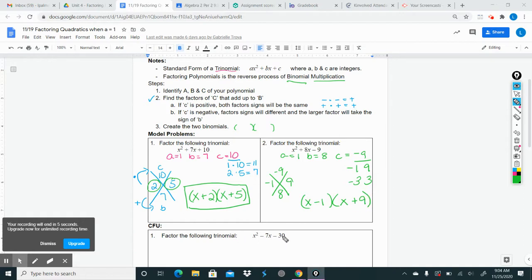Try the check for understanding. You end up with your answer of x plus